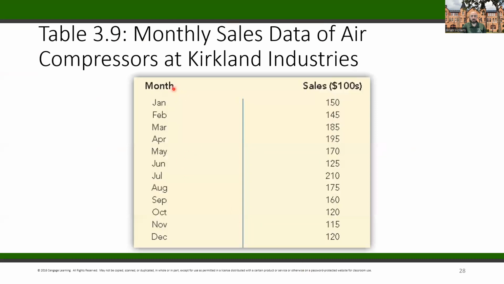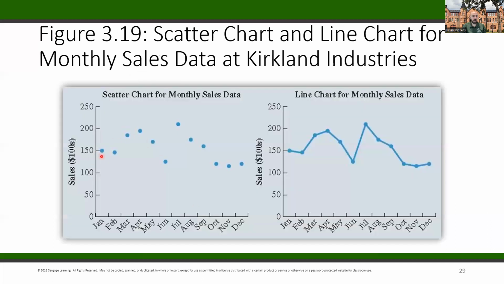Monthly sales. This would be a standard line chart. It would be a good way to do this. January sales 150, February sales 145, and so on. So we add it to the line chart. This is not a scatter plot, even though there are dots there, because this is not comparing 2 quantitative variables. There's no way to see if a relationship exists between January and 150, but rather